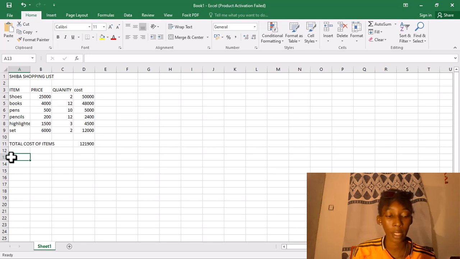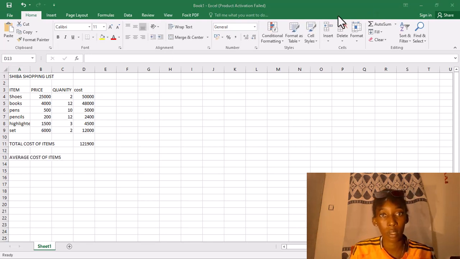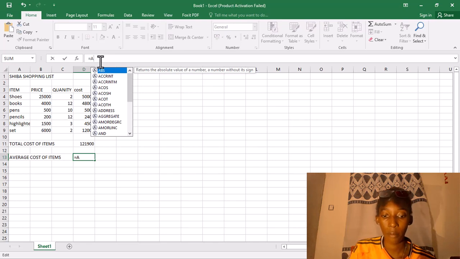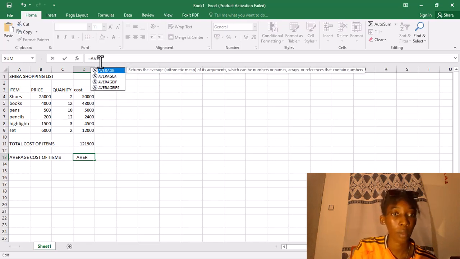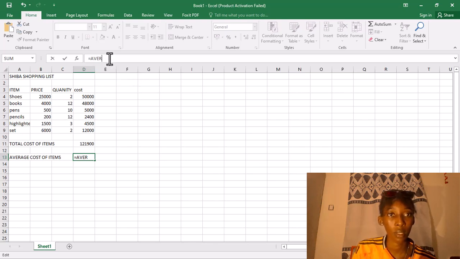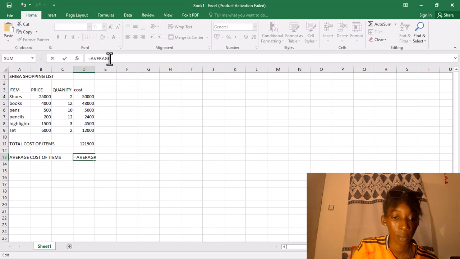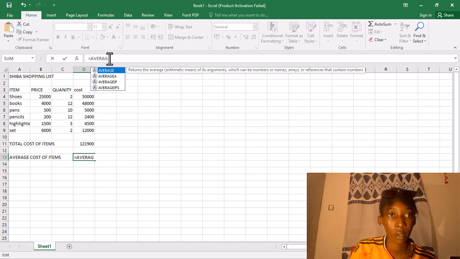Then we can also add something like average costs. And so here for the average cost of items, we come here, place our equal sign to start the formula. Before you open the bracket, you first fill in the word average. So we type in the word average. We have it here as average. So our average, we open the brackets,